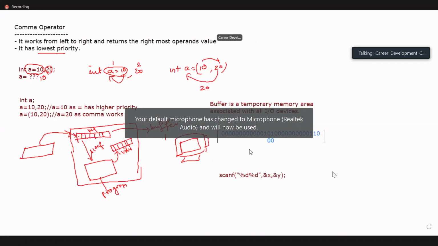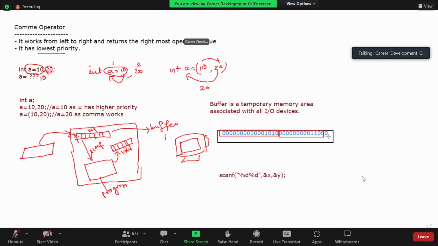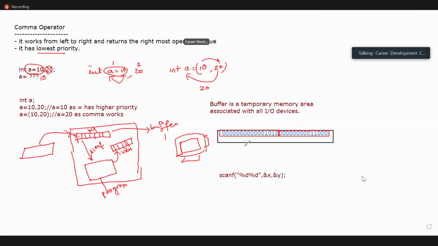Something like this. So now what happens? Could you understand, Satvik? The data goes here to the buffer, and from here the program will read. Suppose I show you a smaller area. Suppose this much is what the first %d is reading. The second %d will read the next one. Got it? The first %d